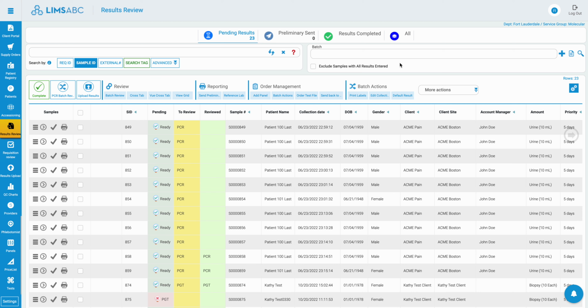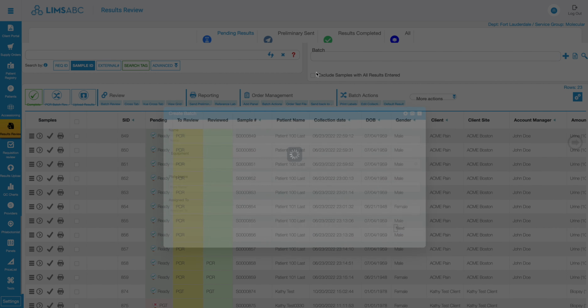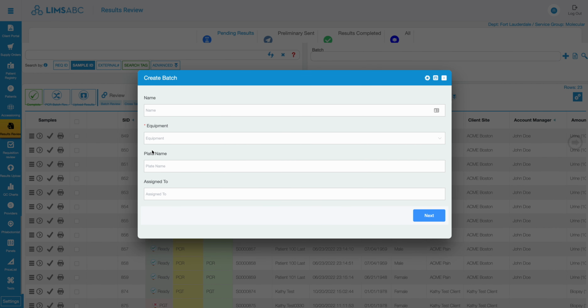The very first thing I'm going to show you is how to create a batch. I'm working as a molecular service group, so I'm going to be working with molecular type of testing, but that's applicable to toxicology as well, or any other testing that requires batching. For that, I'm going to head to this create batch option in here, and this shows me the very first step of the